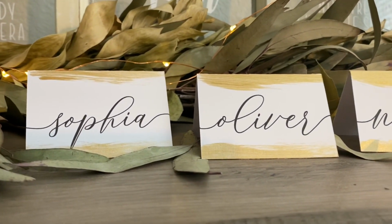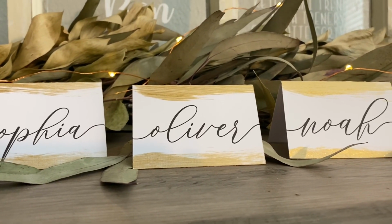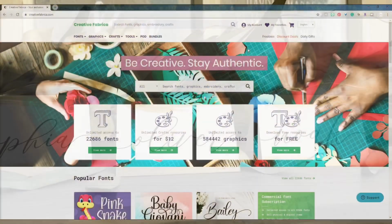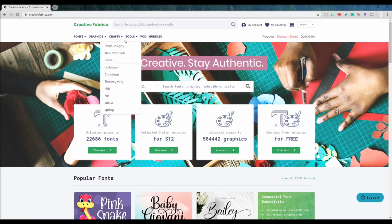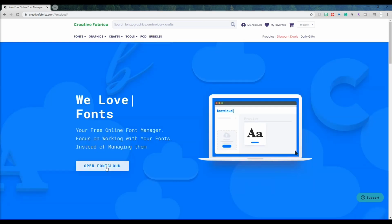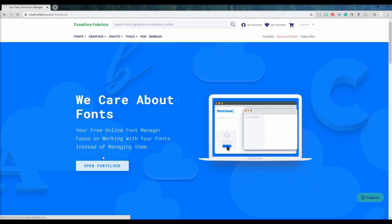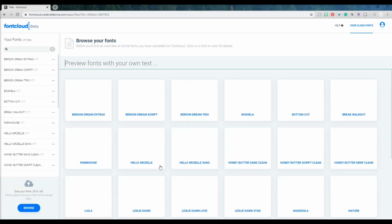Today we are making these DIY place cards perfect for any wedding or event. I'm going to be using a font from Creative Fabrica, but at this point I was unsure of which font I was going to be using, so I'm using their Font Cloud, which is a free font management tool. I have a monthly membership with this site, so I am able to go on and download most of their fonts. Now they have over 22,000 fonts that are included in their membership for only like $29 a month,